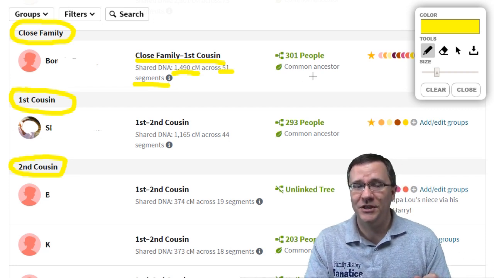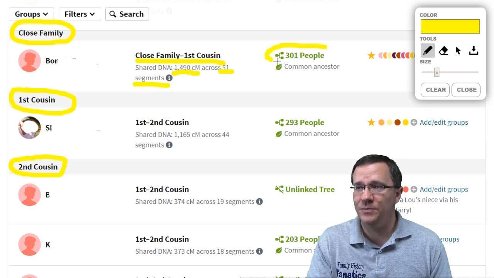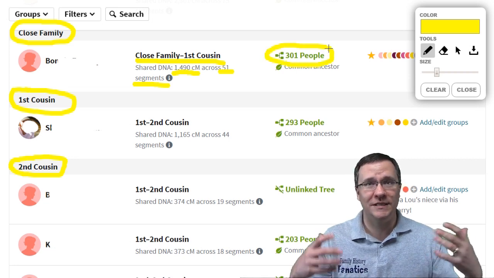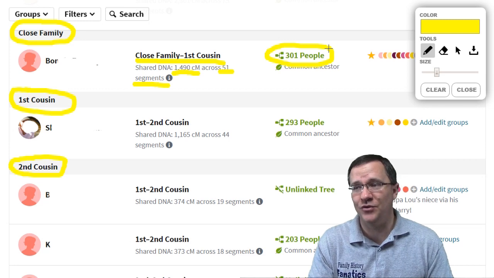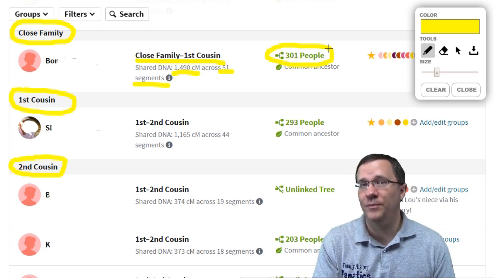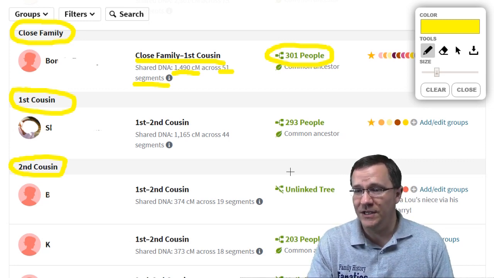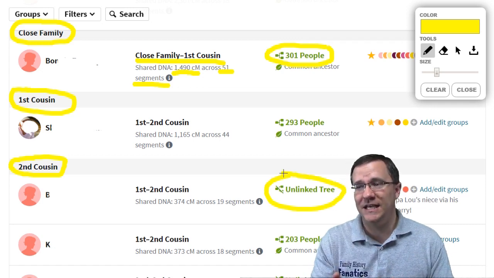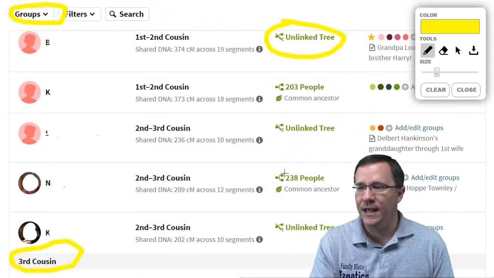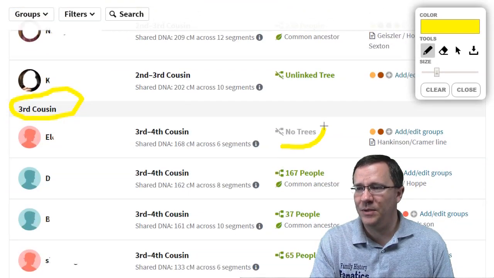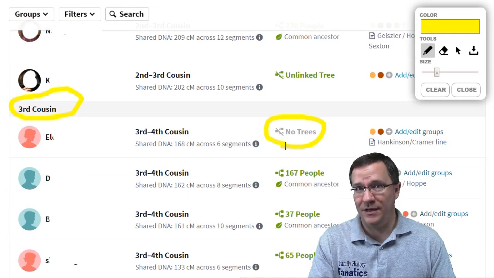The next bit of information is going to be whether or not these people have a family tree. You can see in this case, this person does have a tree, and it's got 301 people in it. You can also see sometimes people have a tree, but they haven't actually linked their DNA to that tree. And we can also see some people don't actually have a tree at all.